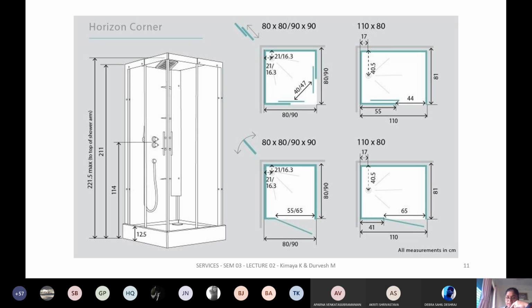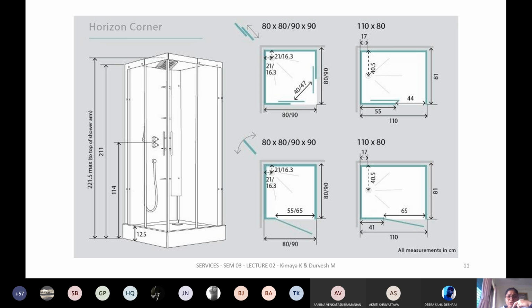It's not a sliding. So depending on the space that you have and the kind of bathroom that you need to design for, you can choose what kind of shower cubicle you want to use. Shower cubicles are generally easier and better because they make sure that the bathroom is generally drier. It's also a very Western concept which has been adopted in India.